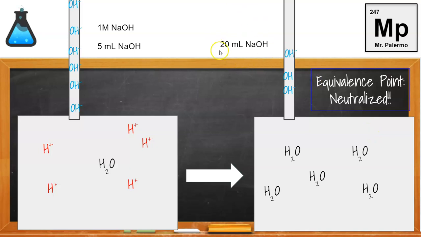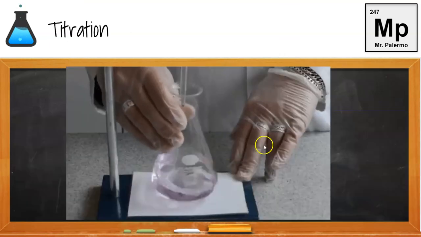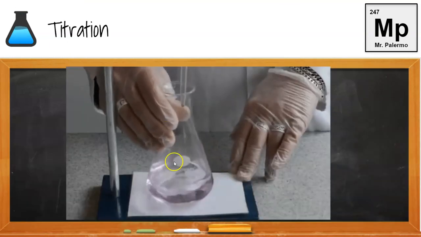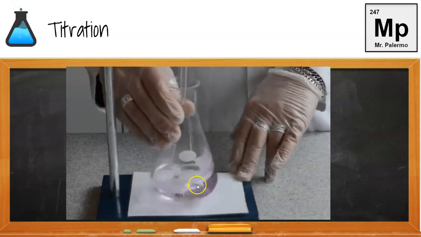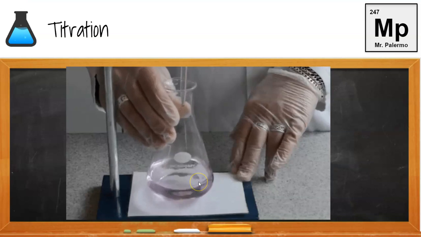And then what I can do is look at my final volume, and we know that we can subtract the final volume minus the initial volume, and it tells us how much base was actually used to neutralize our acid. And we can look for that color change, as I said, for the neutralization. If we're using phenolphthalein, we get this really light pink color, indicating that we have now neutralized our